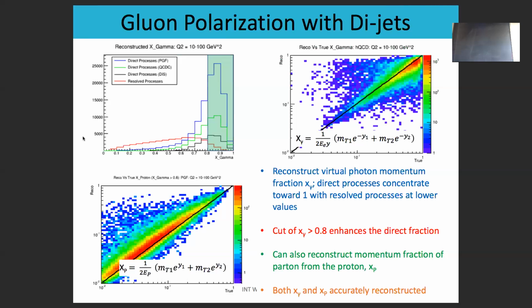I don't have them in this talk right now, but I have looked at Q-squareds down to like 10 to the minus 5, which is kind of the limit that we can go to and still detect our electron in a low Q-squared tagger. But then you see a greatly enhanced resolved contribution. Okay, so it behaves like you think it would,